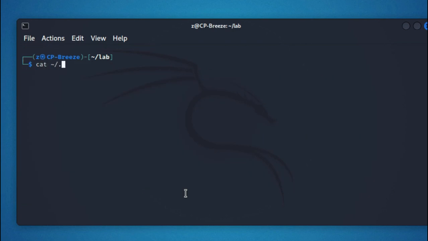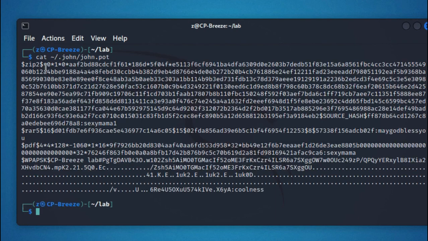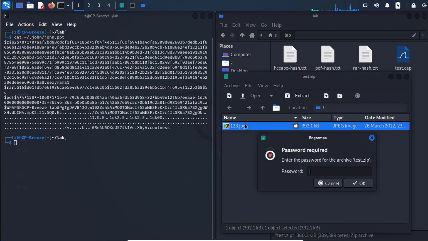The password is coolness. And if you take a look at the john.pot file, you can see all the hashes and passwords we have restored. And now we will try to open our files with those passwords in order to show you that indeed the passwords are